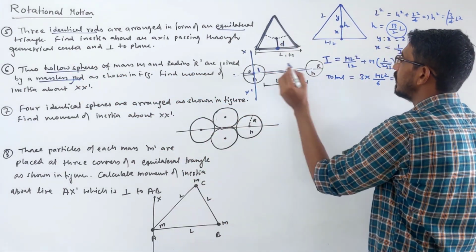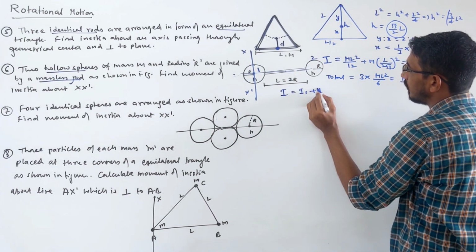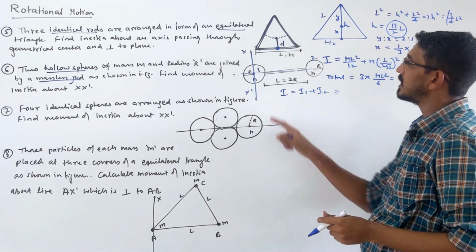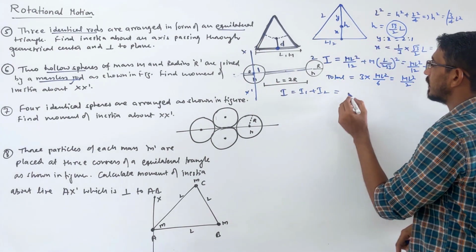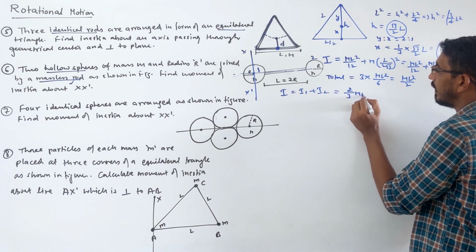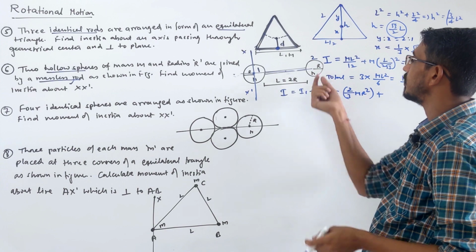So this is sphere number 1, sphere number 2. So inertia we have to find simply I1 plus I2. And I1 is what? This sphere is rotated about its diameter itself, right? Hollow sphere. So what is the answer? 2 by 3 of mr square for that sphere. Then we have to find the inertia due to this sphere.